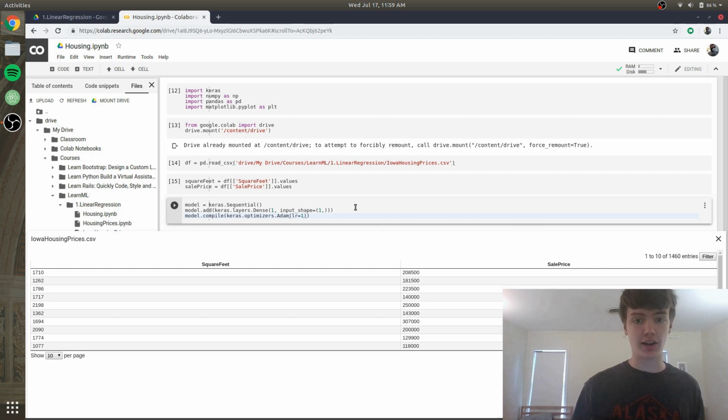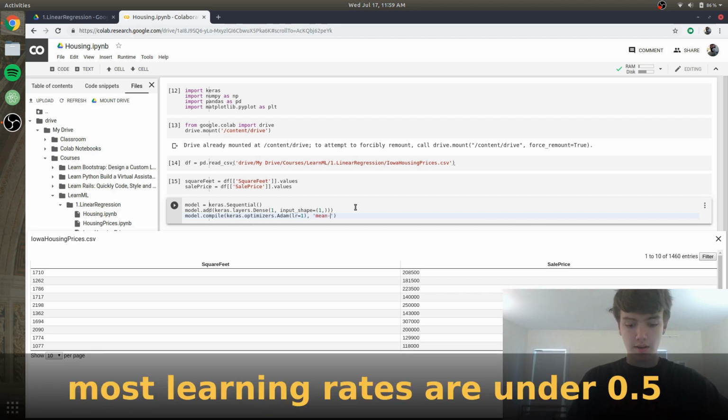It'll just be a little bit less accurate. Because we don't have a lot of data, I chose a larger learning rate. Usually you want the learning rate to be much, much smaller. But anyways, and then finally we're going to do mean